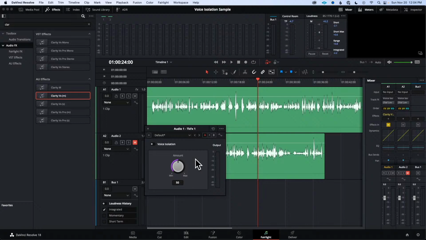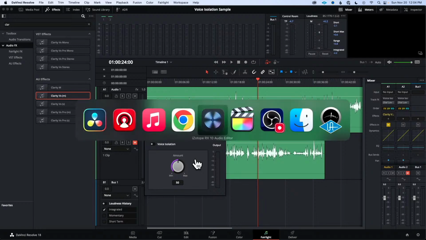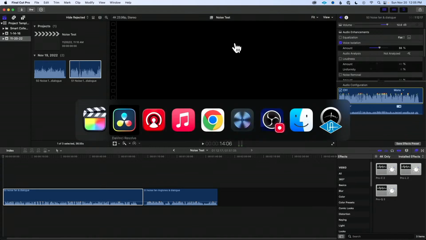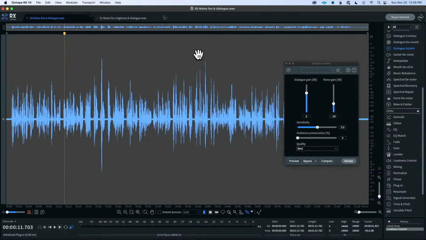Now, what I'd like to do in addition to that is compare it to a few others. So I also have Final Cut Pro over here. Same samples are in here. It also has this voice isolation, and again, just like on the other, you can adjust it from 0 to 100%. That's your only control. So we'll play that back, and then finally we'll come over into Isotope RX,